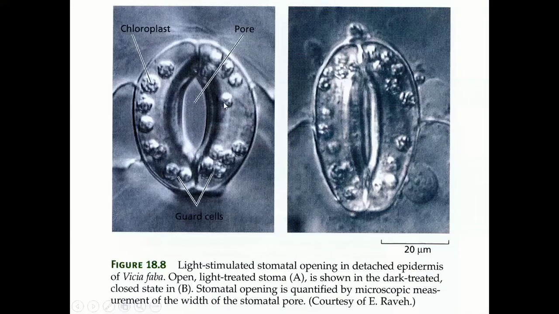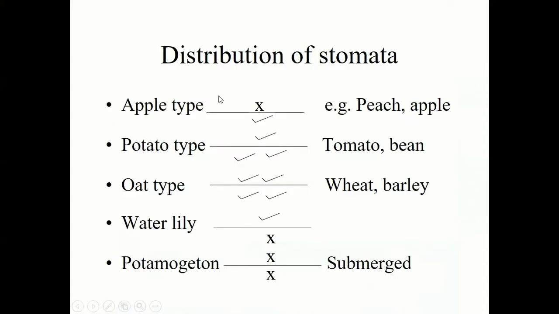And these are the two guard cells which we see under the electron microscope. Then secondly, we study the distribution of stomata. Distribution of stomata means that in the figure we see that the stomata are present on the upper epidermis and lower epidermis. On the basis of that, there are different types of stomata on the basis